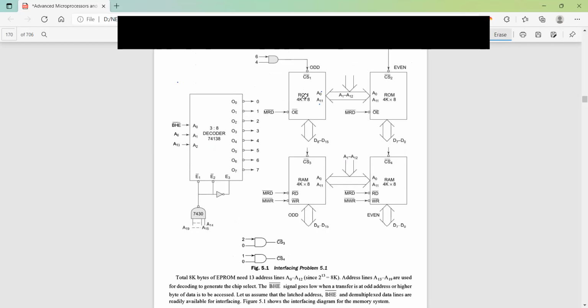Just see over here, A14 to A19, these pins which are remaining after using the address lines which we require, have been used to enable a decoder. You can see all of them are connected together to a NAND gate. When all of them are 1, the NAND gate works in such a way that when all the inputs are 1, the output is 0. So we use